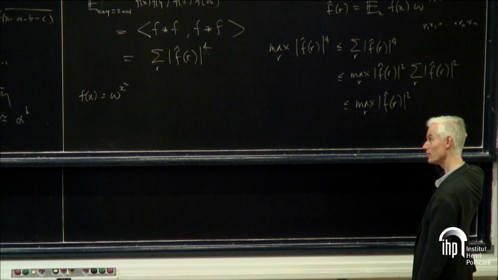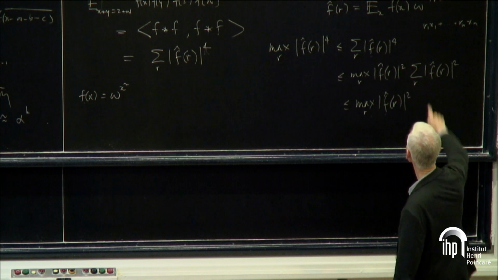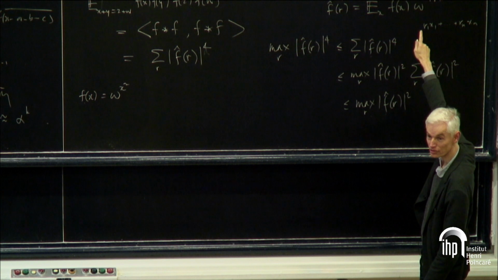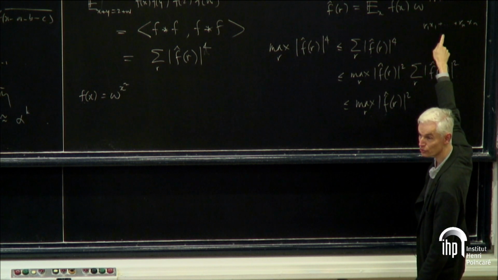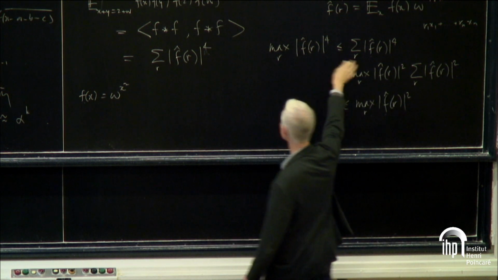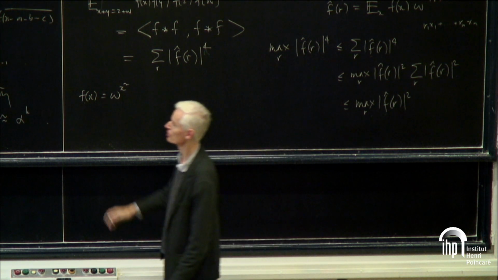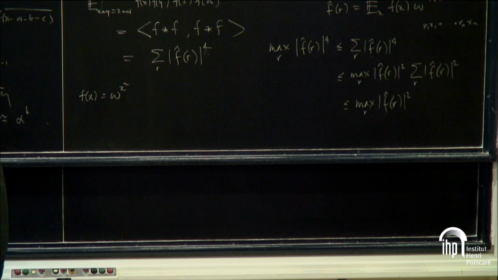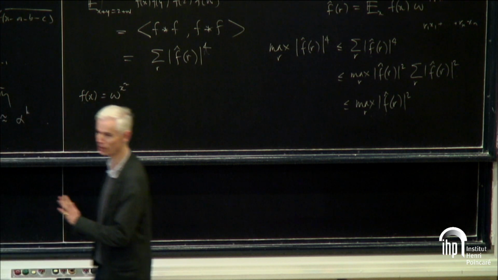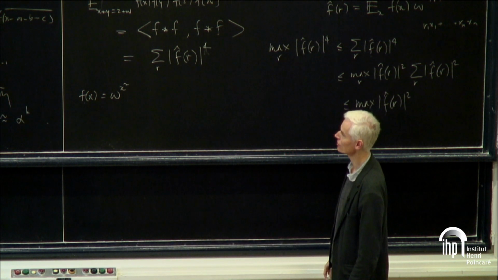So now you can think, well, I think it's pretty obvious what the right conjecture is here. Over here we had that f correlated with a linear function, omega to the rx, or omega to the r dot x. Here we've got a quadratic function. If it's over F_p to the n, it would be more like a quadratic form or something like that. So the conjecture: a function has a large U^k norm if and only if it correlates with omega raised to some polynomial of degree k minus 1. It seems like a very reasonable conjecture. Unfortunately, it dies very quickly